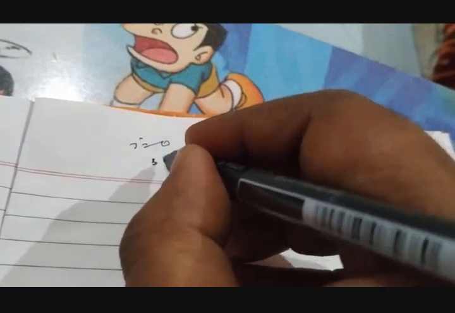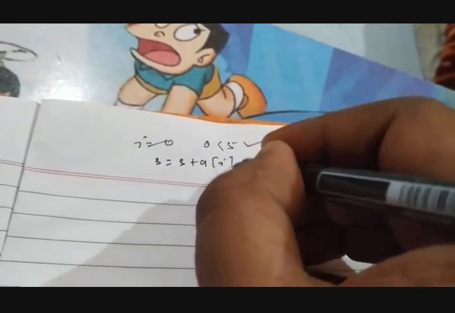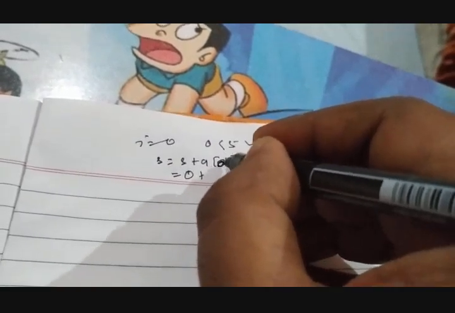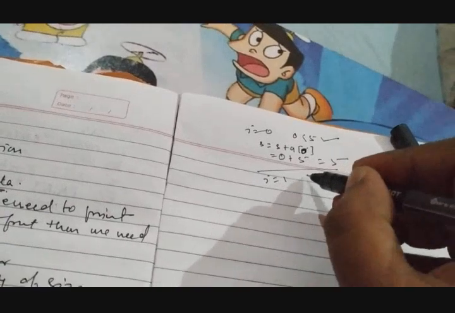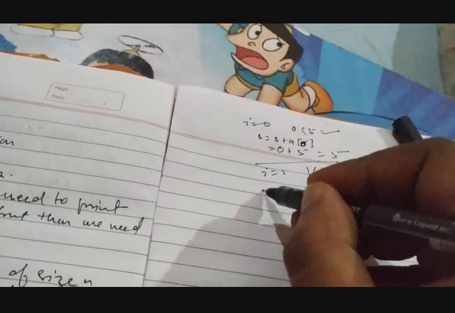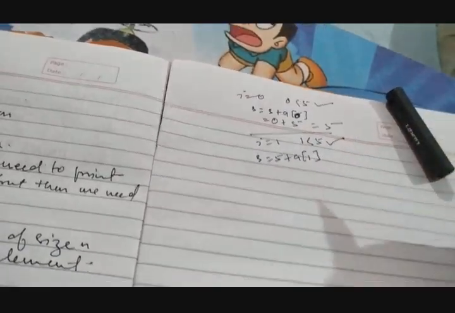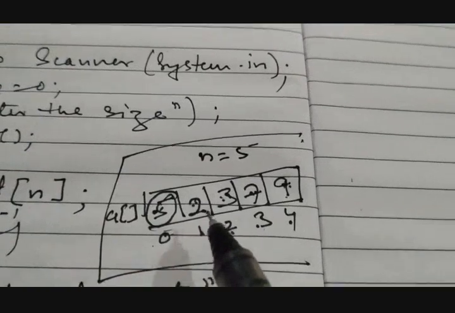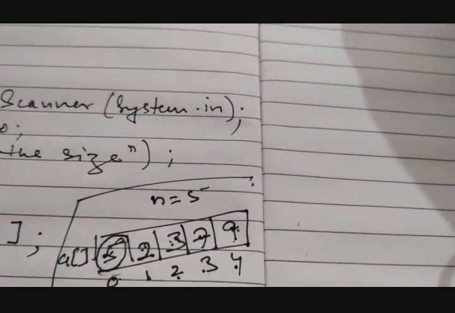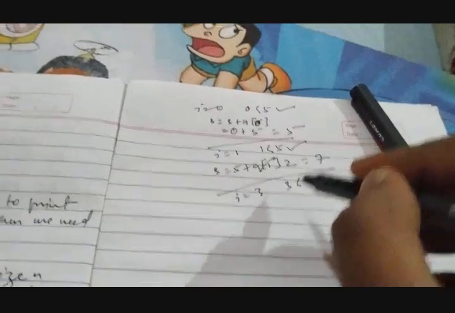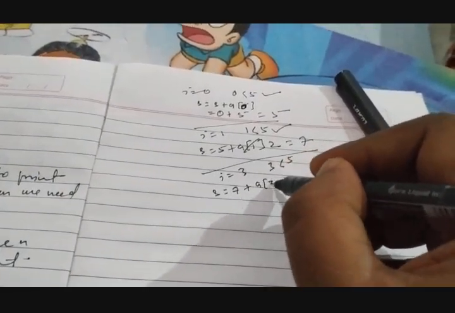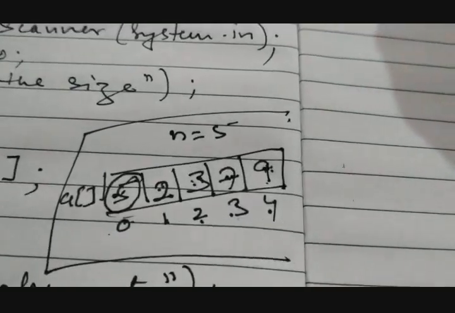5 true। s कितना है, s equals to s plus a of i, तो s की जगह 0, a of i क्या है, a of 0। a of 0 में 5 है, तो 0 plus 5 हो गया 5। फिर i की वैल्यू हो जाएगी 1, 1 is less than 5 true, तो s equals to 5 plus a of 1। a of 1 में 2 है, 5 plus 2 हो गया 7। फिर i की वैल्यू हो जाएगी 3, 3 less than 5 true, sum equals to 7 plus a of 3। a of 3